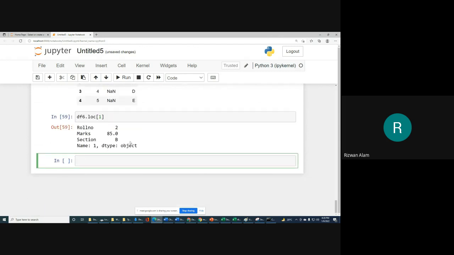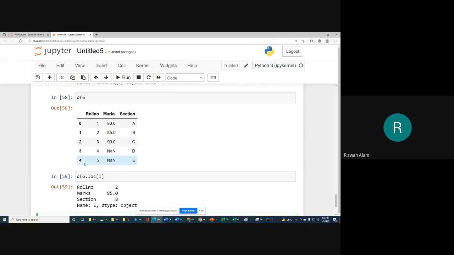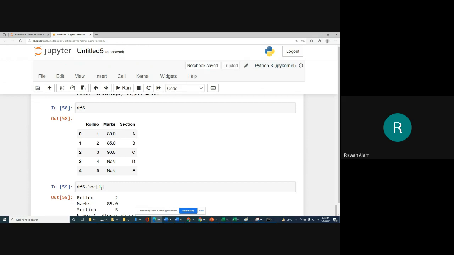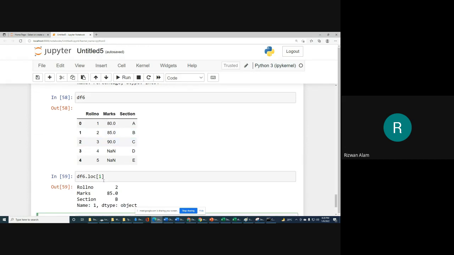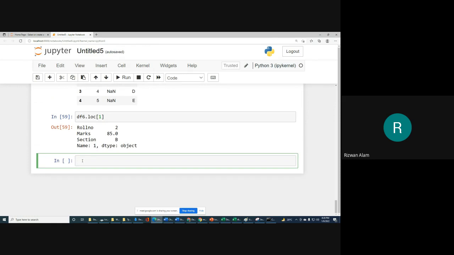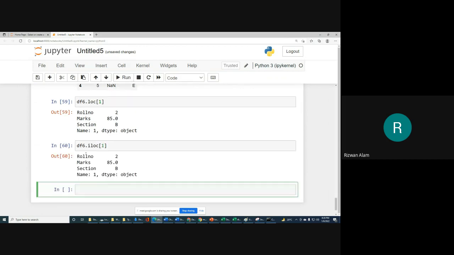Now, if you index your data frame like A, B, C, D, then you can use A here in place of 1. We can also use df6 dot iloc. For example, in iloc, if we provide 1, this will also give you the same thing.